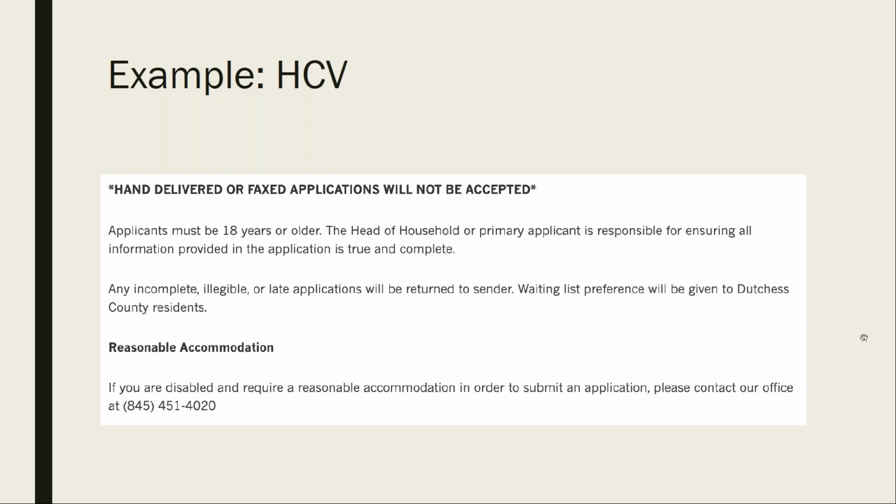Here we see that they really only want mailed applications. You're kind of dead to them if you fax them in or hand deliver. And my guess here is that they're going to use that postmark to order folks on the wait list, which is a common process, particularly at smaller housing authorities. And